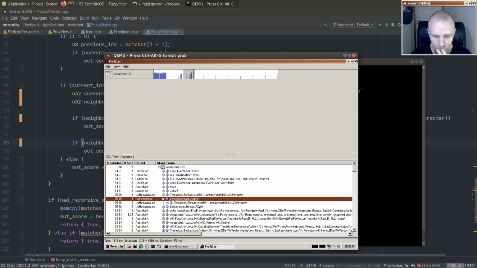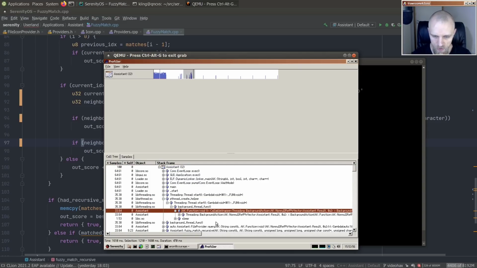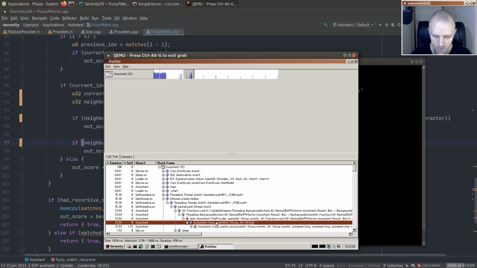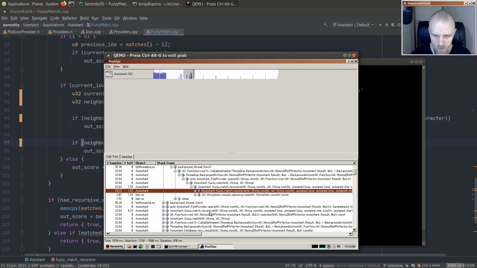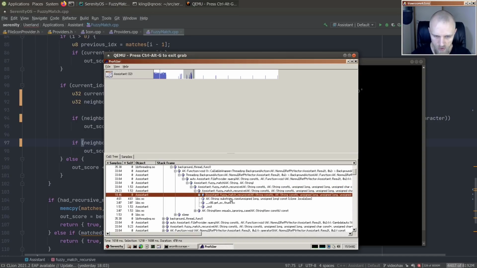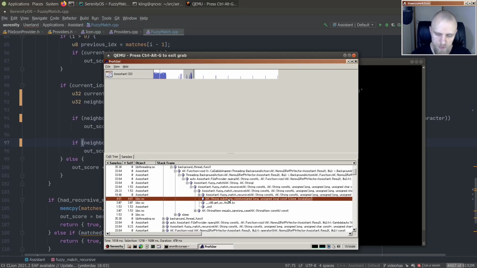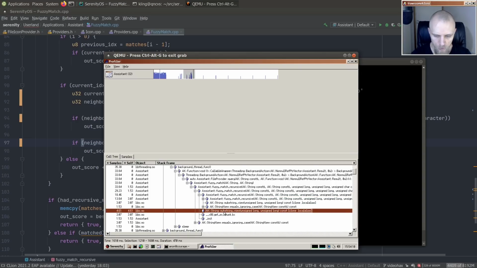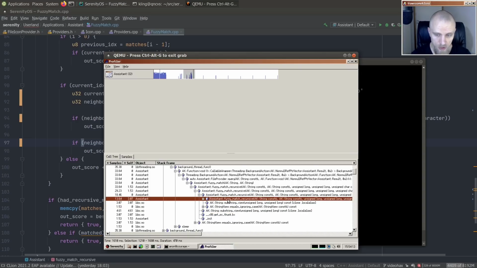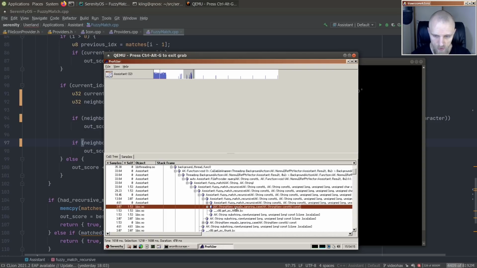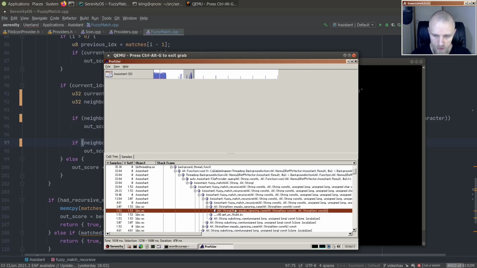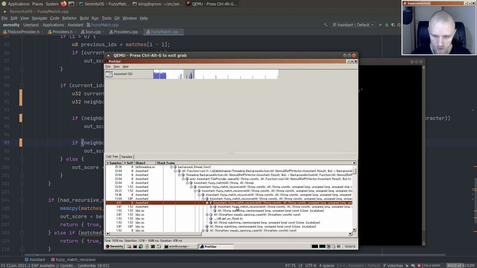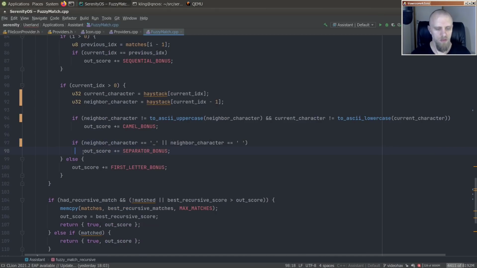Okay, so what's going on here? Fuzzy match, 33%, sure. Substring view. So we're still spending a little bit of time in substring view, which could probably be inlined, actually. I don't know why that's out of line. Equals ignoring case, I'm okay with that being out of line, but substring view,